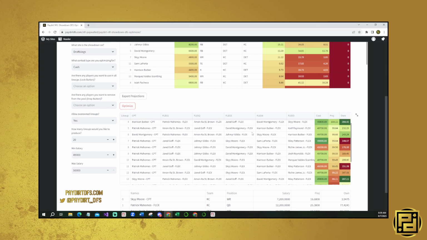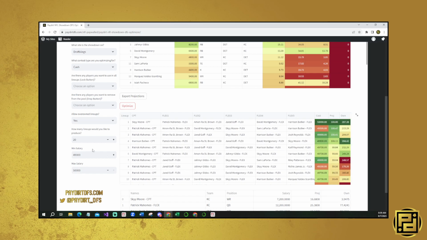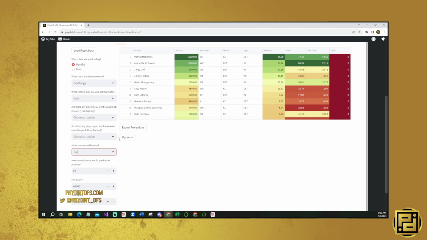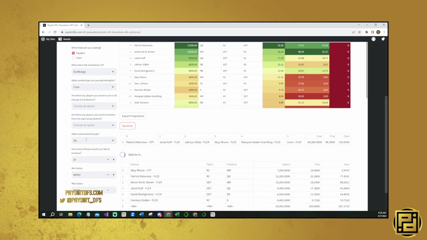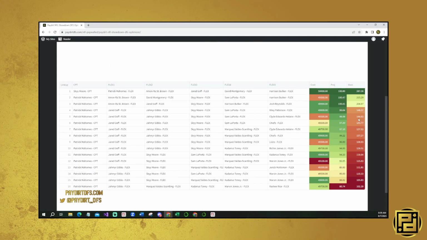As you can see, some of these lineups look pretty overowned. 287% ownership, 285. So if we want to say that we only want lineups produced that have appropriate projection in regards to their ownership, we can say that we do not want to allow overowned lineups. What that does is, now we can see that we didn't get 20 lineups out of it,